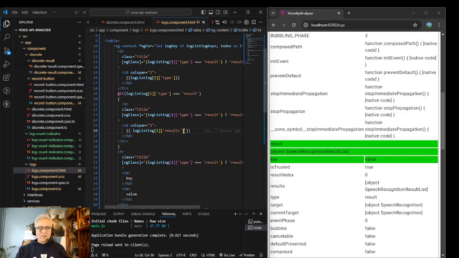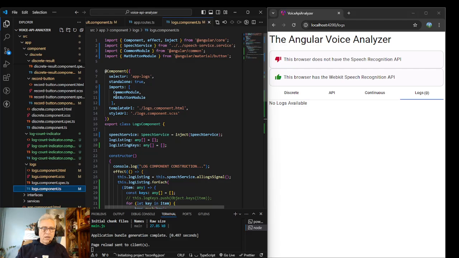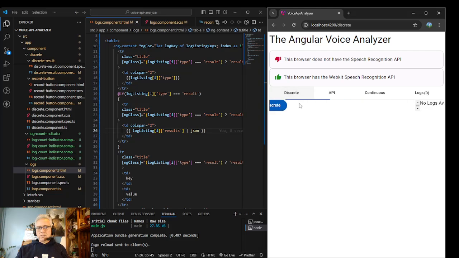So it used to be you could just do this, and that would always work. And it's working now. I think it is working for me because up here I am pulling in the common module. I don't think it would work if I wasn't pulling in the common module. So good job, common module.